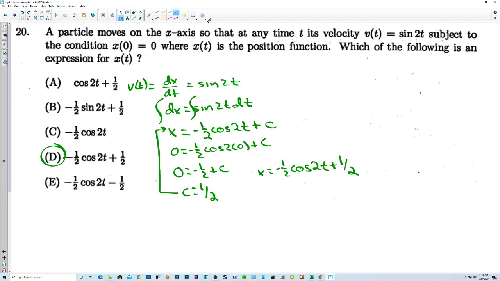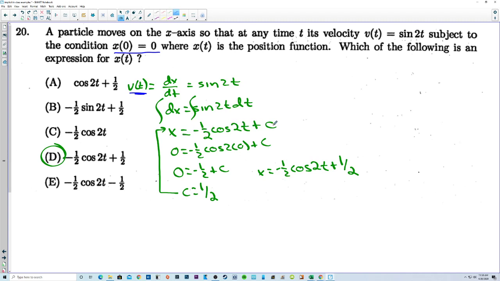A particle moves on the x-axis at any time t. Its velocity is subject to the condition x of 0 equals 0. There's an initial value, where x of t is the position function. Which of the following is an expression for x of t? Well, we know v of t is the derivative, which is sine of 2t. We'll integrate both sides, and we get x is equal to